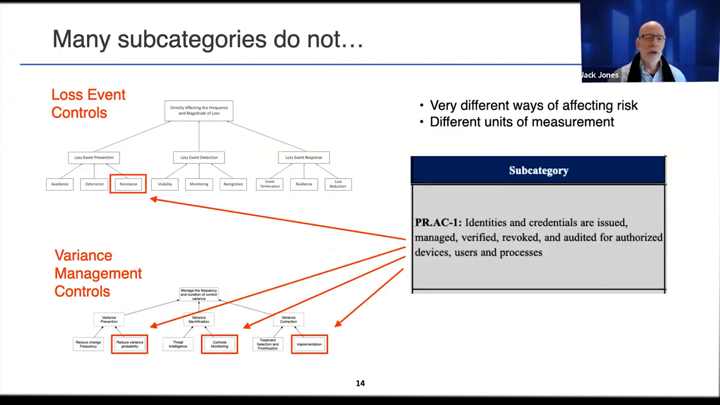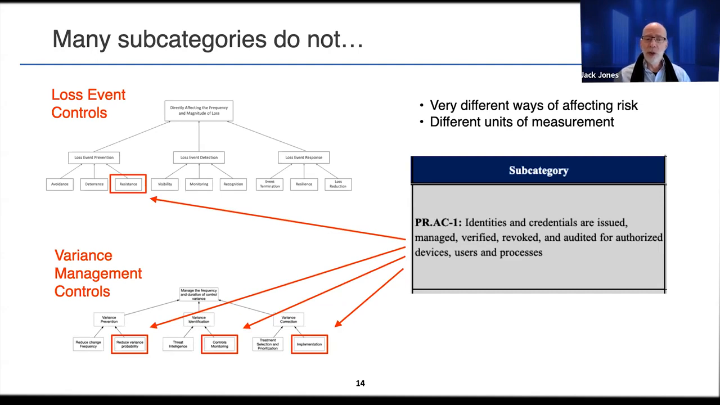But many subcategories within the CSF don't map simply. They map to multiple functions within FAIR-CAM. The way the subcategory has been defined in the CSF, it is very broad. And as a result, it incorporates many different control elements that map to different parts of the FAIR controls analytics model, which means